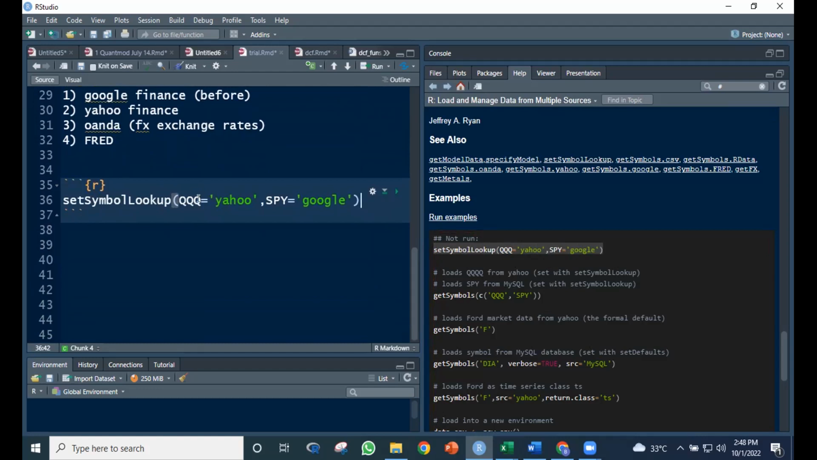We create an object called QQQ. With symbol lookup, what quantmod will do is look for this ticker symbol. Stocks have identification, tags or labels. For example, Microsoft is MSFT, and Yahoo is YHOO. We call that a ticker symbol. So this is also a stock, QQQ, set symbol lookup from Yahoo. And SPY, I think, is a mutual fund, coming from Google. So if we run this,